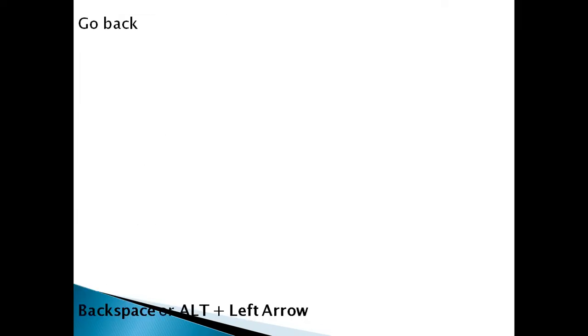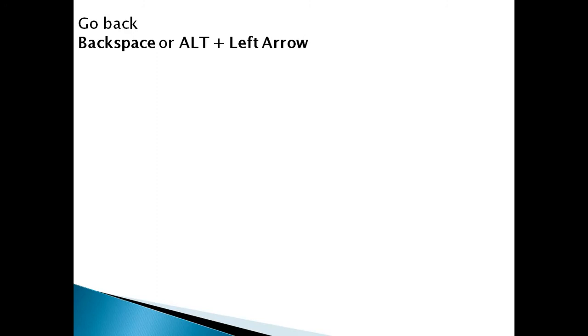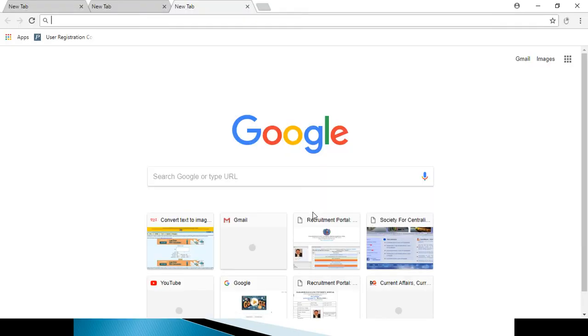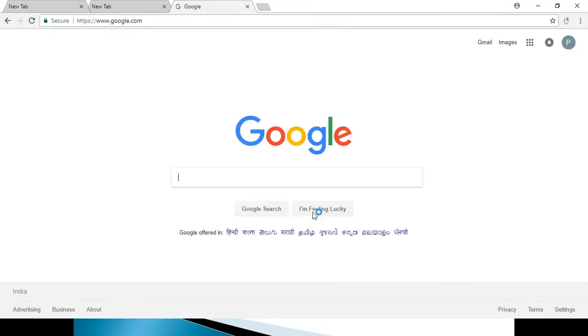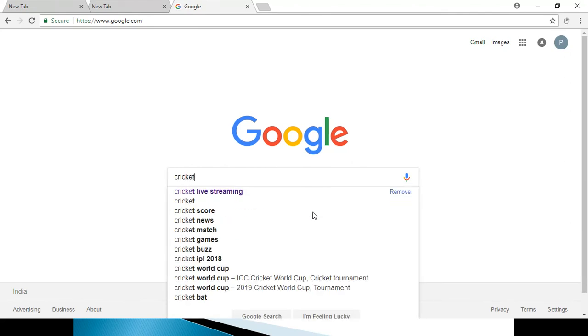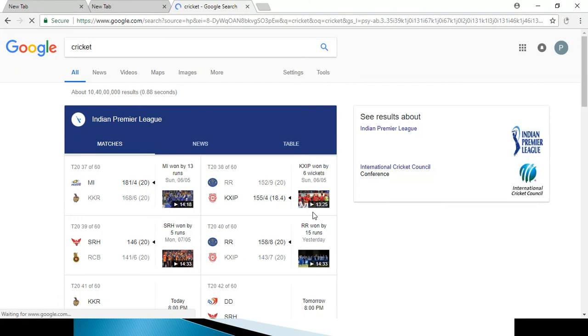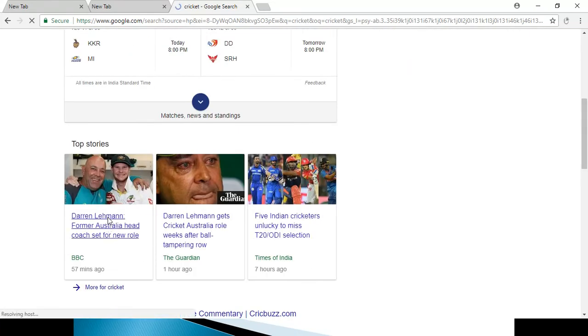Similarly, if you want to go back, then press Backspace. For example, I have opened google.com and then I have searched for cricket. Now I want to go back, then you press Backspace. Here, suppose I have clicked on this link. Now I want to go back, then press